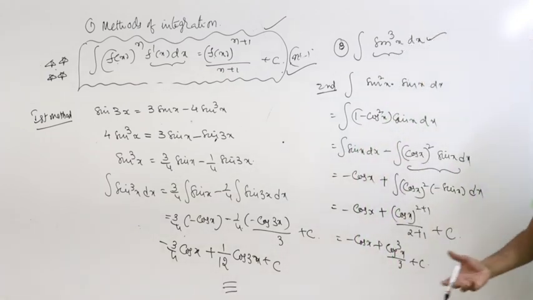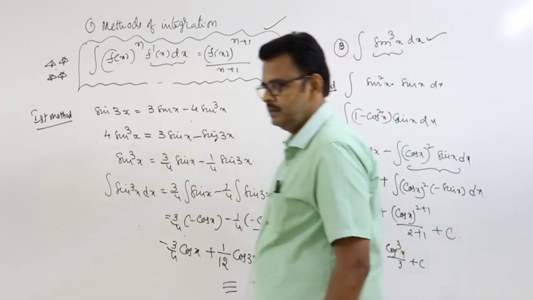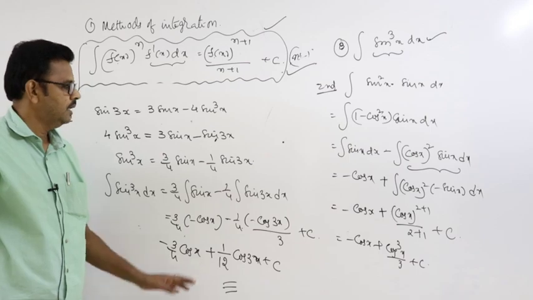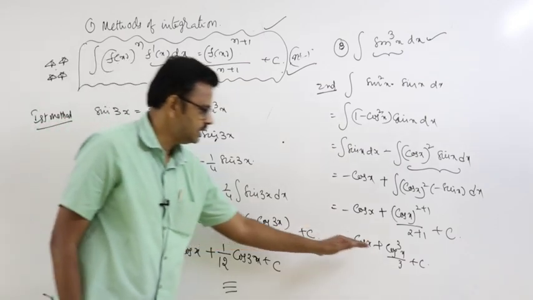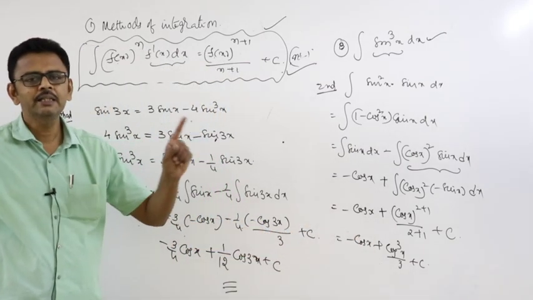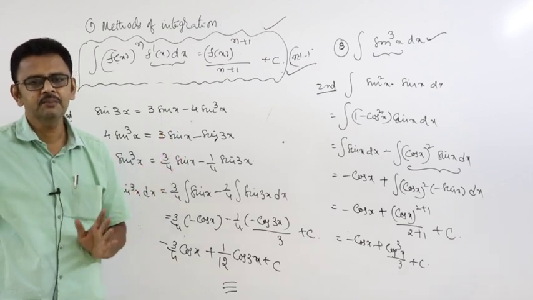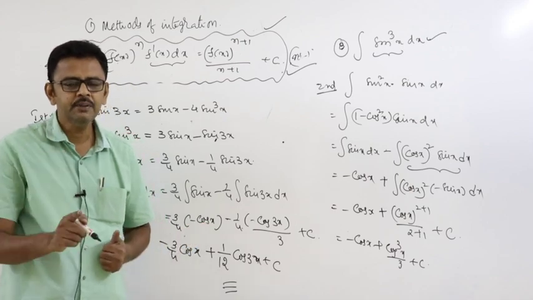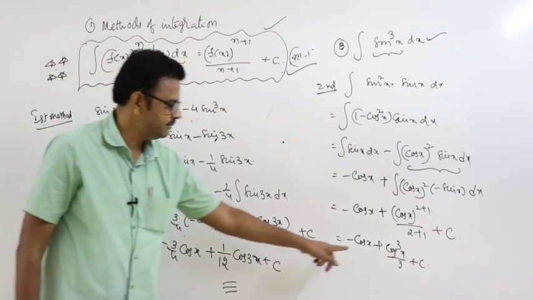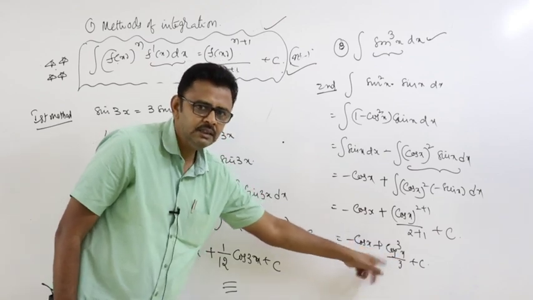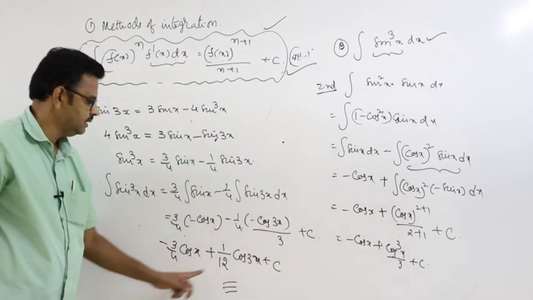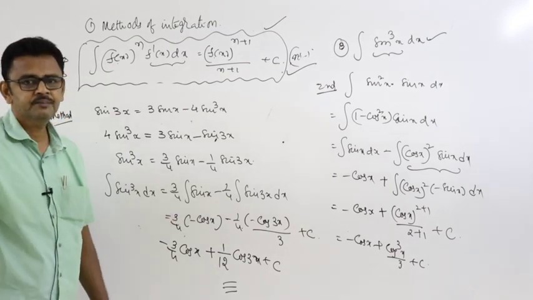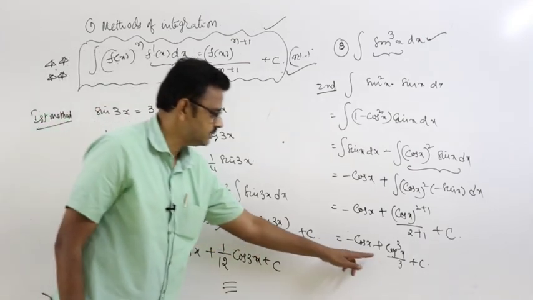Now, you have a problem because this is not a direct introduction class, only a video class. Sir, this one is correct or this one is correct? Both are correct. That depends on the given options in mains exam. For competitive examinations, they give 4 options. Depends on the option you choose. In terms of powers of angles, this is correct. In terms of multiple angles, this is correct. Suppose both options are given, both are correct.